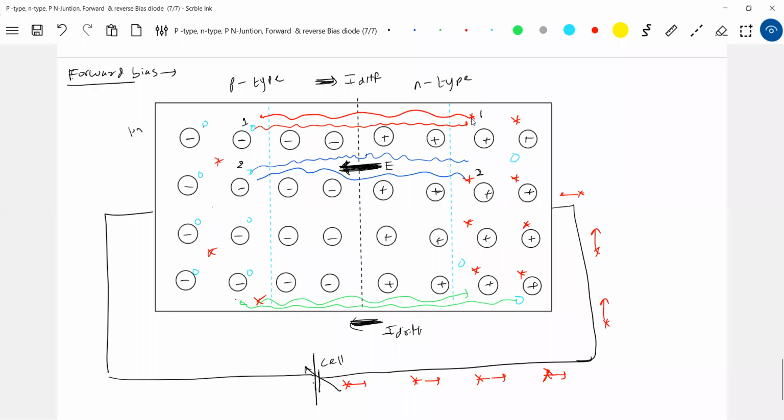However many electrons are injected by the negative terminal into the semiconductor, that many electrons should be pulled here. So what will this positive terminal do? It will pull a valence electron from here. I'll just show one valence electron, the dot. It will be pulled out by this one. The moment it is pulled and comes here, it will become a free electron, and we'll get it like this.